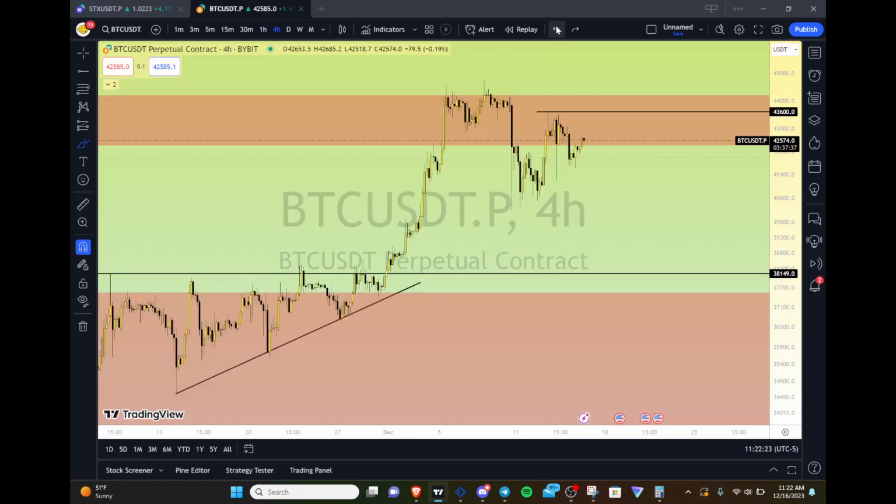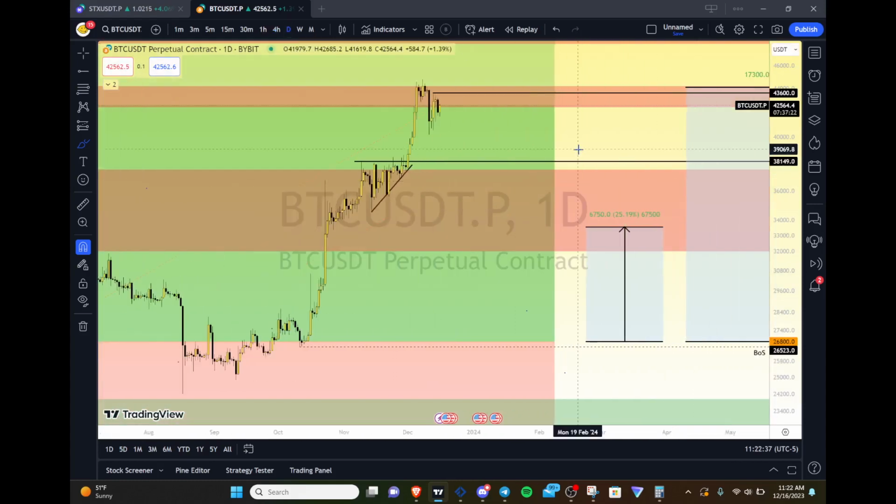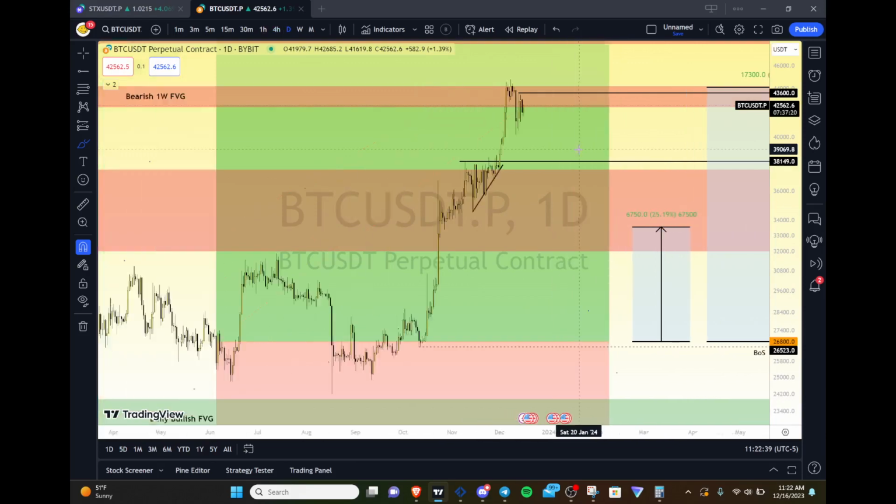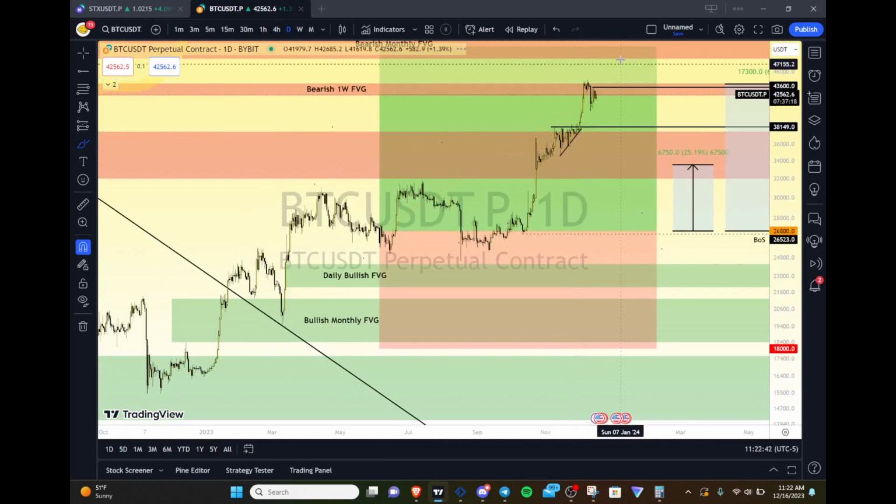Okay, there have been very few interruptions in between the rises. So this is another sign that I'm not really confident that this 1 week bearish fair value gap is actually going to hold as significant supply, and we may actually see another leg up going towards 46 to 50. Now, why is that important?